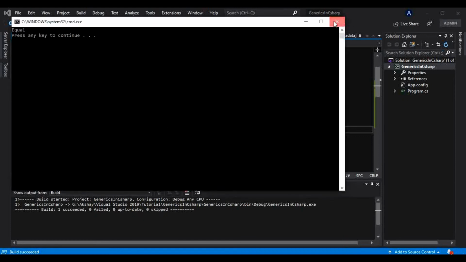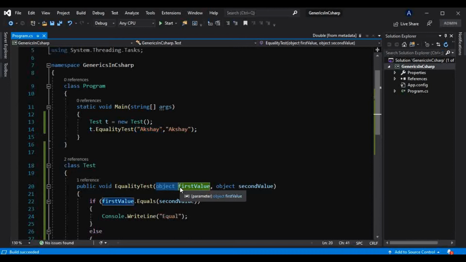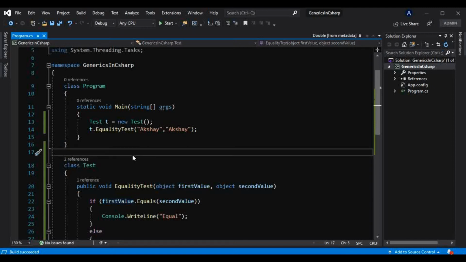But as I have already told you, this string will ultimately be converted to this object, and unnecessary boxing and unboxing operations will happen in this code. The compiler will do that, and that is not efficient.